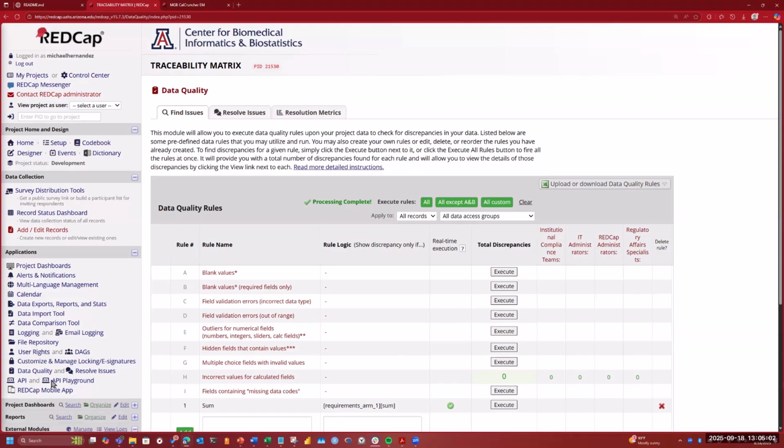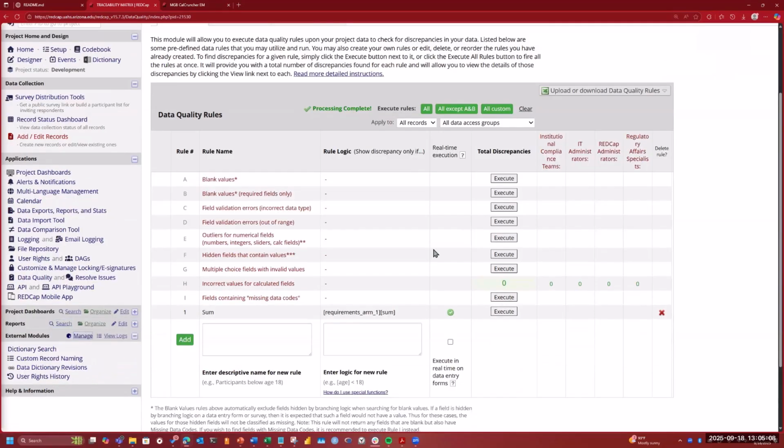So if we go into, I have a module enabled. If we go into manage external modules,